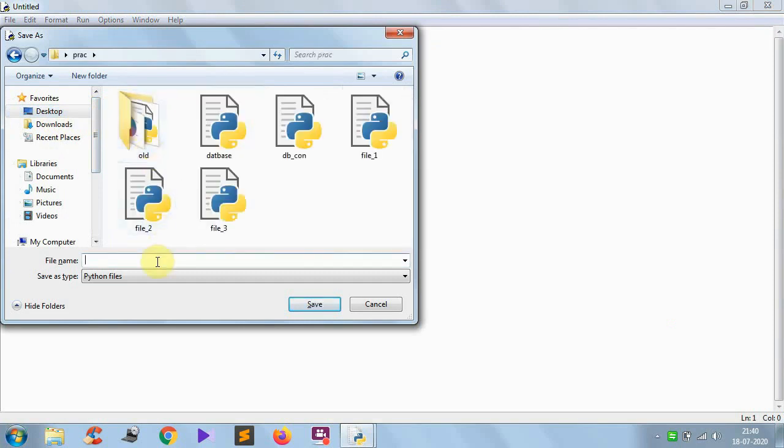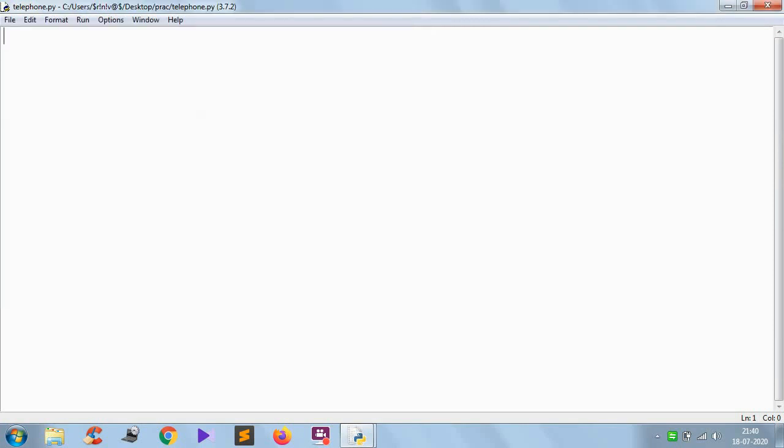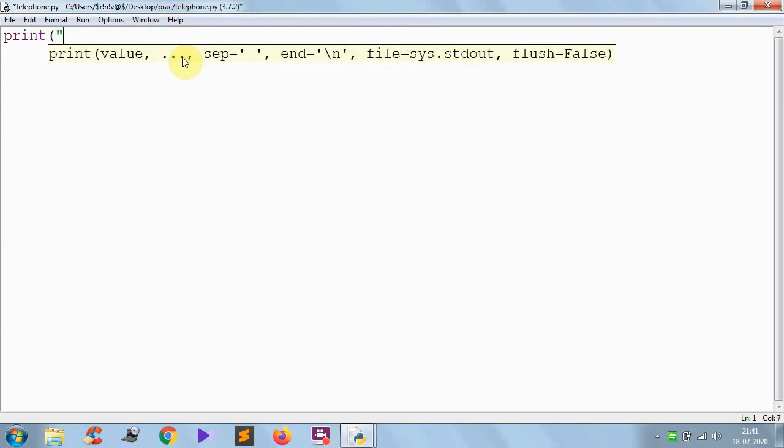So here I am writing telephone. Yes, I have saved my file as telephone.py. Now I have to start. Before getting into that, first create the main menu. After that you can go through the program. So what is your main menu? I said first, print,